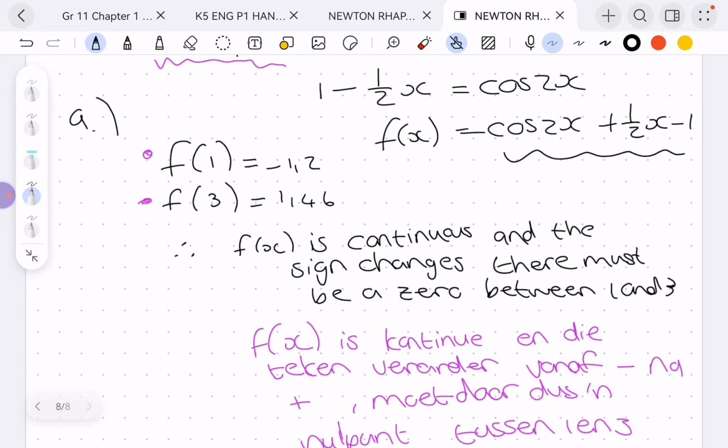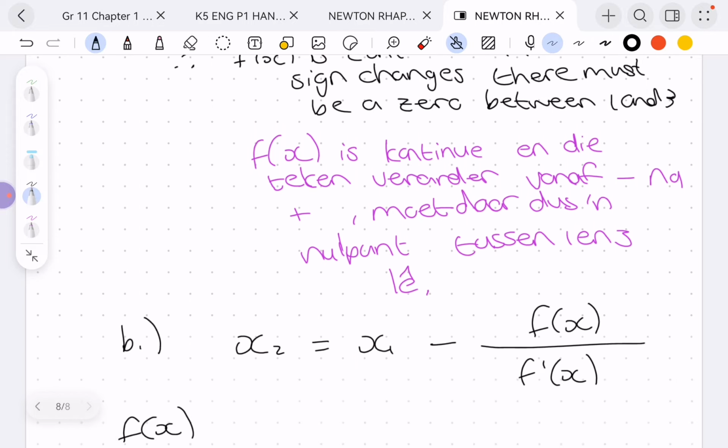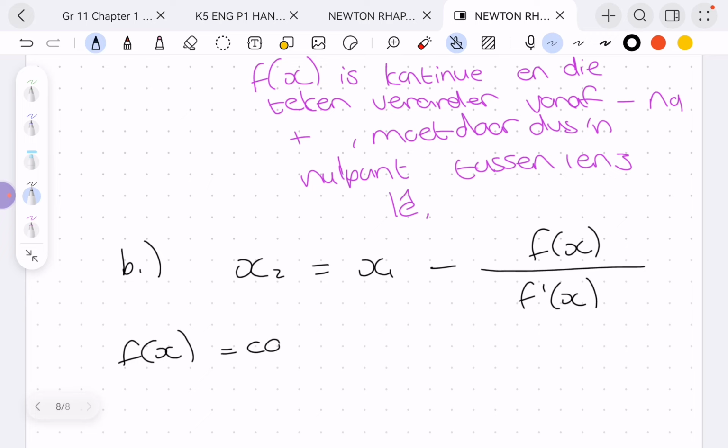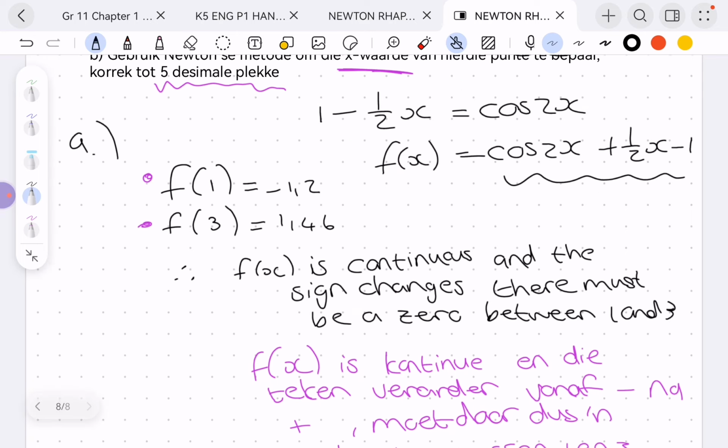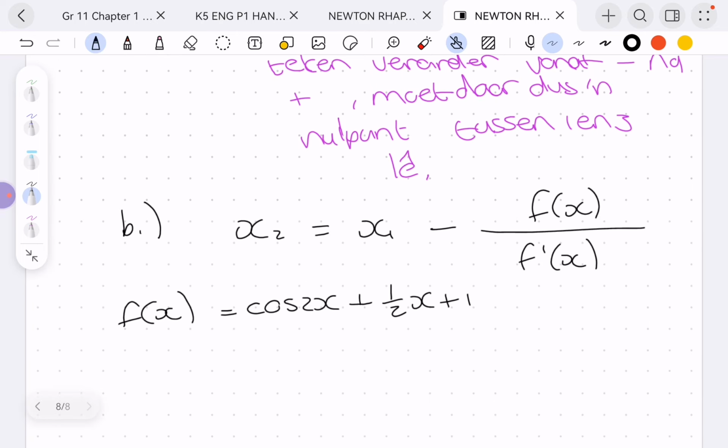We said it was cos 2x minus a half x plus 1, plus half x minus 1. My first derivative would be negative sin 2x multiplied with the derivative of the angle, which is